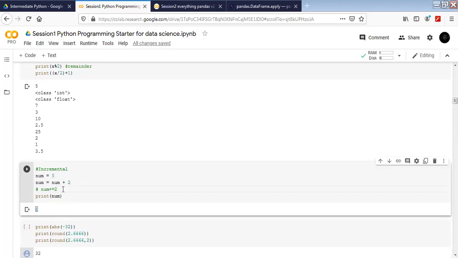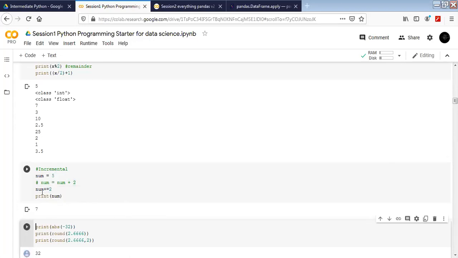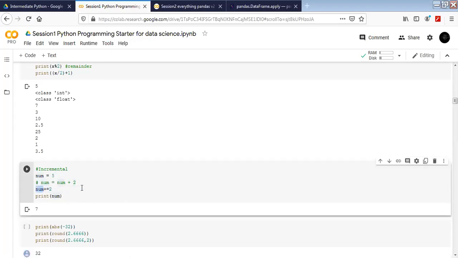Here, the same thing I can do with the incremental operation. It is written like this. Here, plus sign, minus sign, divide sign or multiply sign we can use, and it's going to give us the exact same thing. So now the value of the number has changed to 7. All right, this is a short form of the operation that you see here. Both the statements are the same. This is used mostly when we are using some sort of loops.